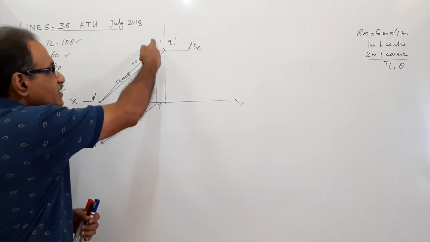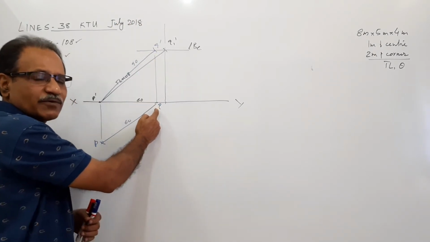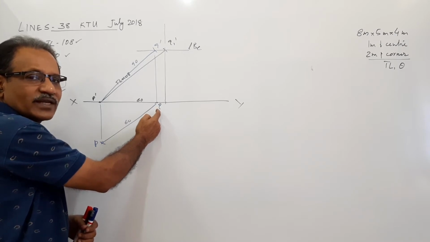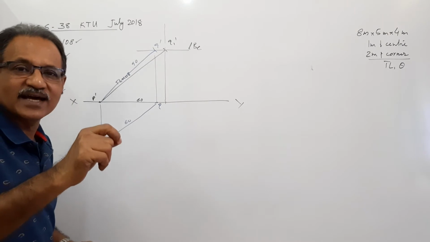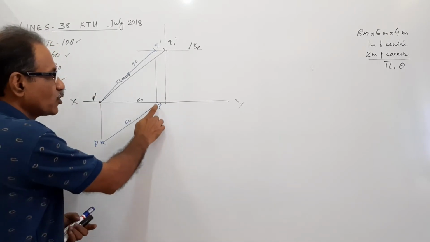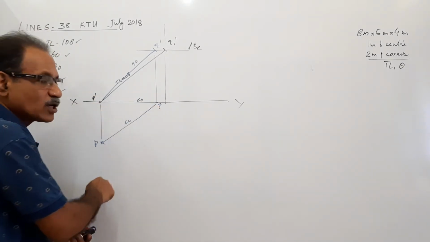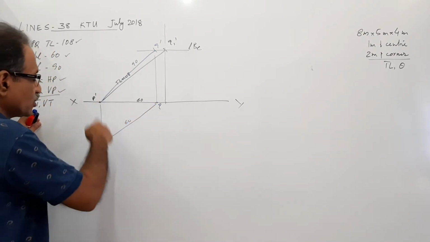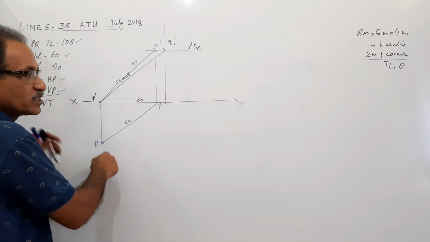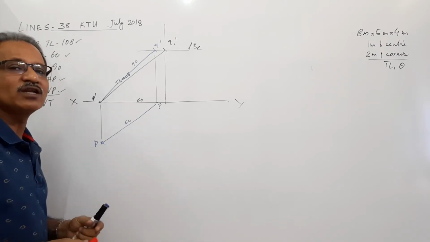Q dash ന് താഴേക്ക് പ്രൊജക്ട് വരയ്ക്കുമ്പോൾ XY ൽ Q കിട്ടും. Why? The end Q is on VP. ഒരു പോയിന്റ് VP യിൽ കിടന്നാൽ അതിന്റെ പ്ലാൻ XY ലായിരിക്കും. അപ്പോൾ ഇത് Q ആണ്. ഈ P dash നുള്ള പ്രൊജക്ടറിൽ P ഉണ്ട്. Q ൽ കുത്തി പ്ലാൻ ലെങ്ത് എടുത്ത് ഈ പ്രൊജക്ടറിനെ കട്ട് ചെയ്യുമ്പോൾ P കിട്ടും. PQ is the plan. അപ്പോൾ പ്ലാൻ എലിവേഷൻ വരച്ചു കഴിഞ്ഞു.